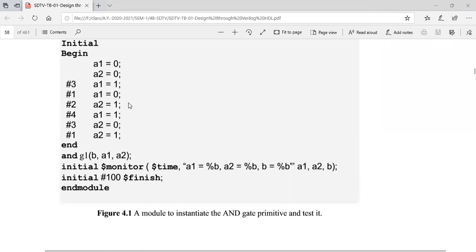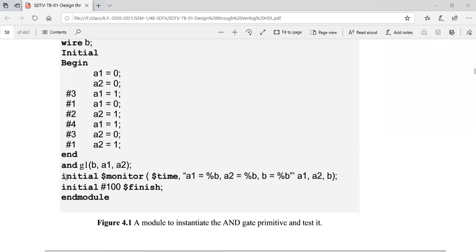So you can see here, what are the other statements we have to see? These are the initial conditions and we are making a simulation. At what point of time, what should be the input? We are giving only the input just like this. And for the gate G1, I am giving its output and its inputs.